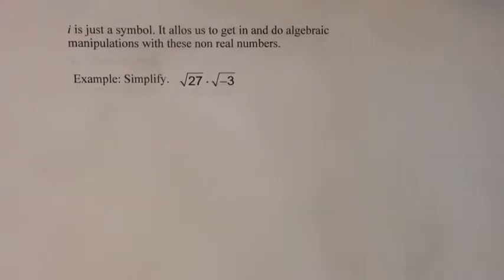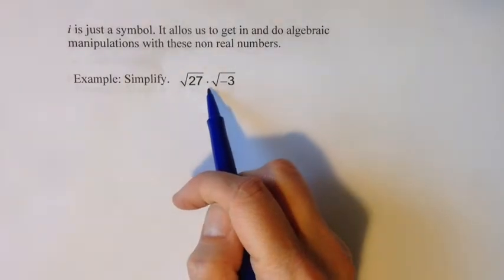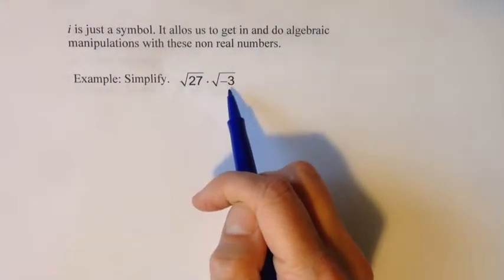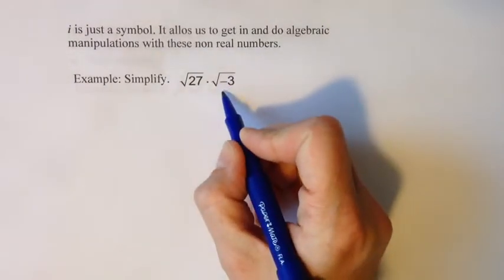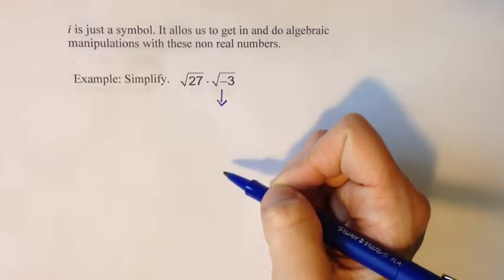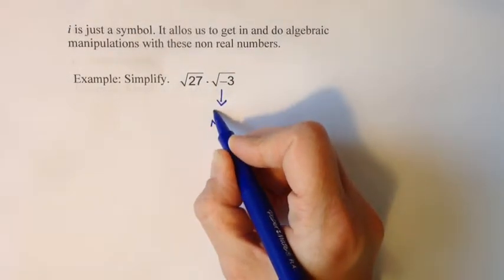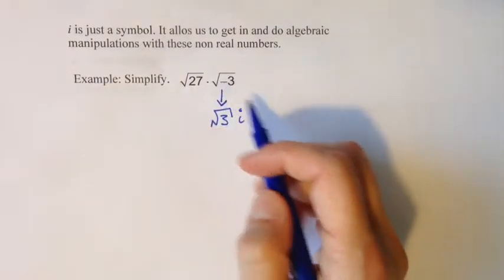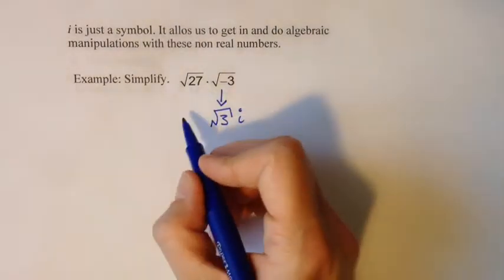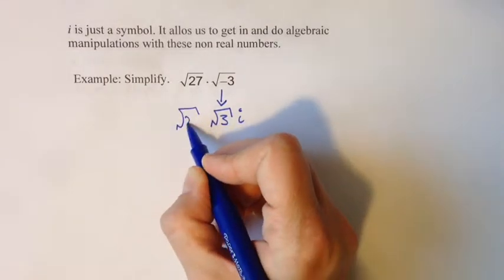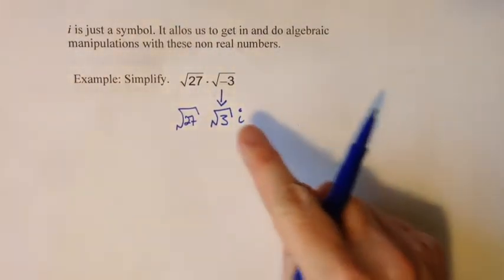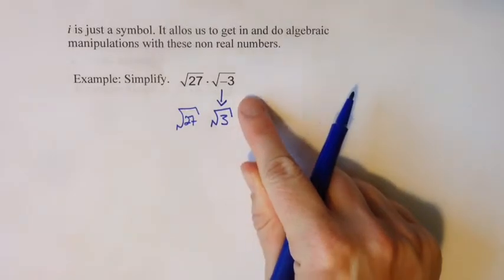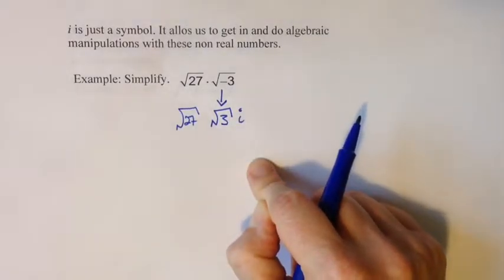For example, let's go ahead and simplify the square root of 27 times the square root of negative 3. The first thing I'll do is rewrite the square root of negative 3 using an i. That makes it the square root of 3 with an i on the outside. Lose the negative, add an i to the outside. And then it's still being multiplied by the square root of 27. Now, that i can just keep coming along for the ride as I go through the rest of my problem,